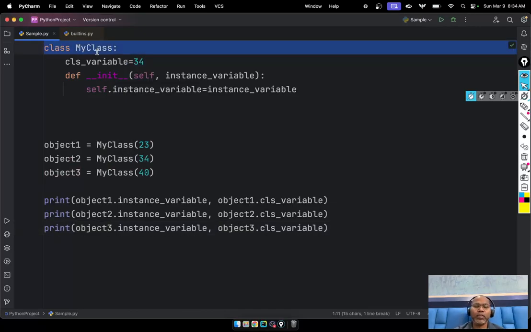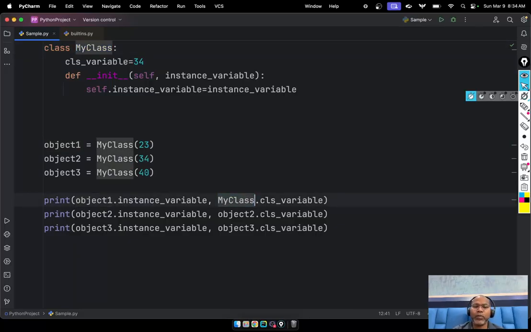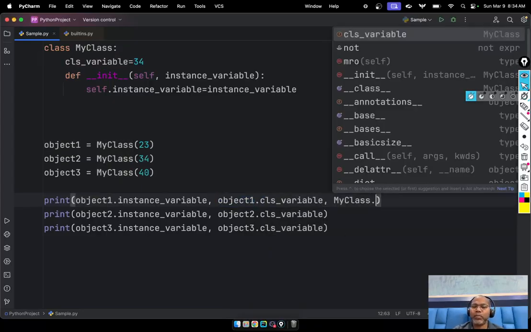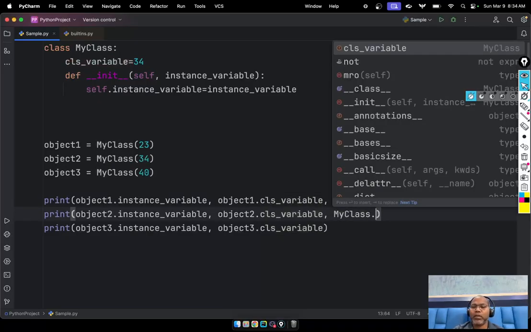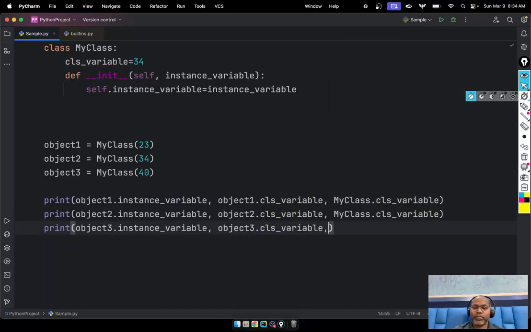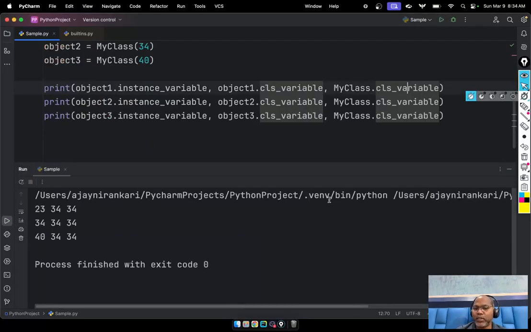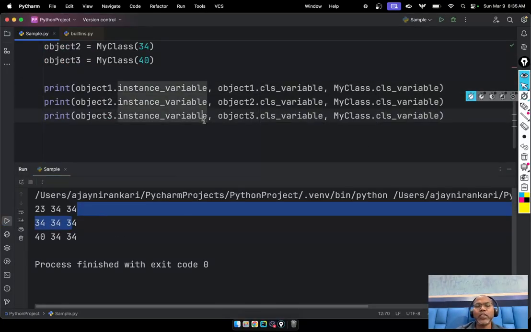say, hey, this is my class. So the preferred way is to use the class variable with the class name itself. Okay. Even you can say class name dot class variable. Okay. Dot class variable. So the preferred way, whenever you are accessing any class variable, is to use the class name to access it. An instance variable you can either